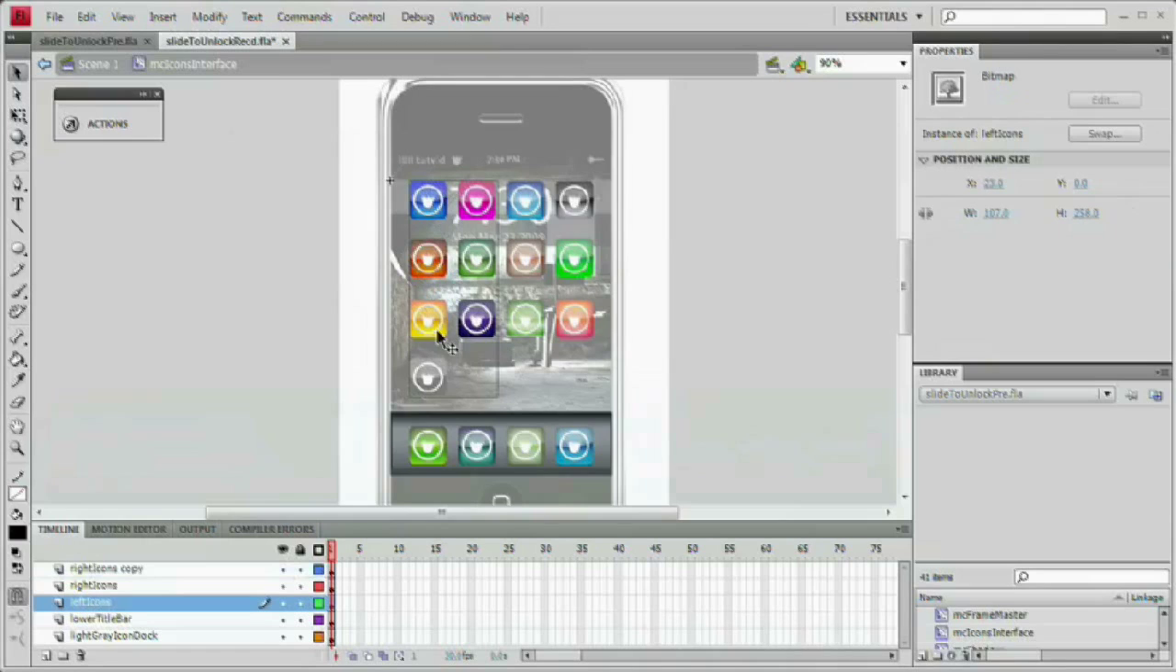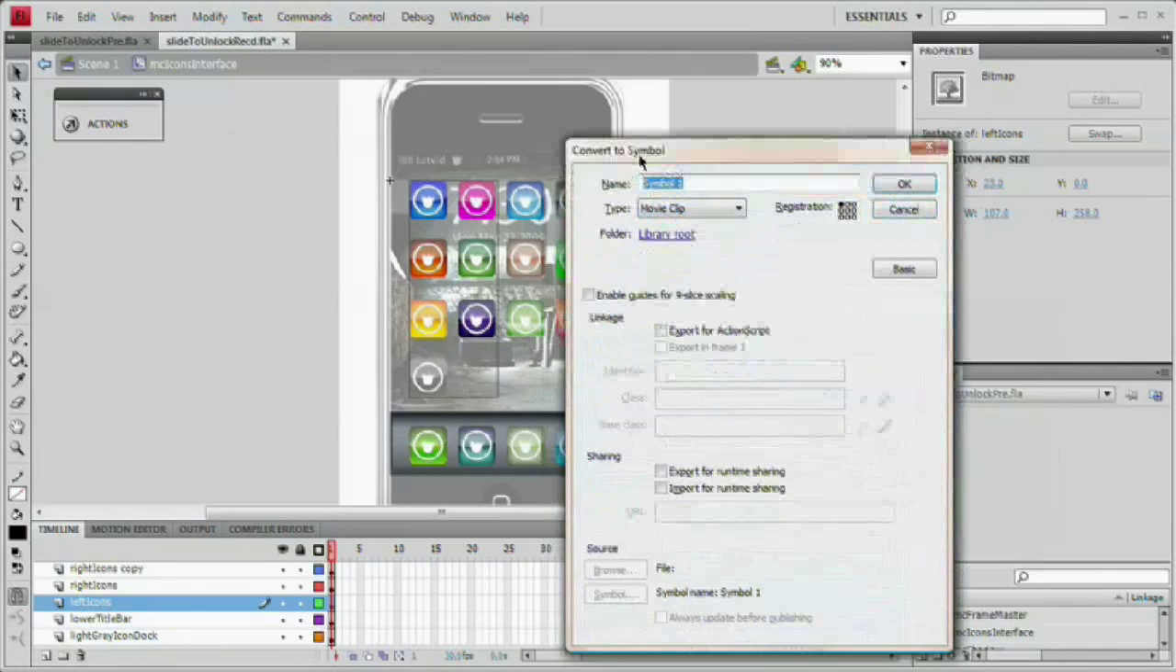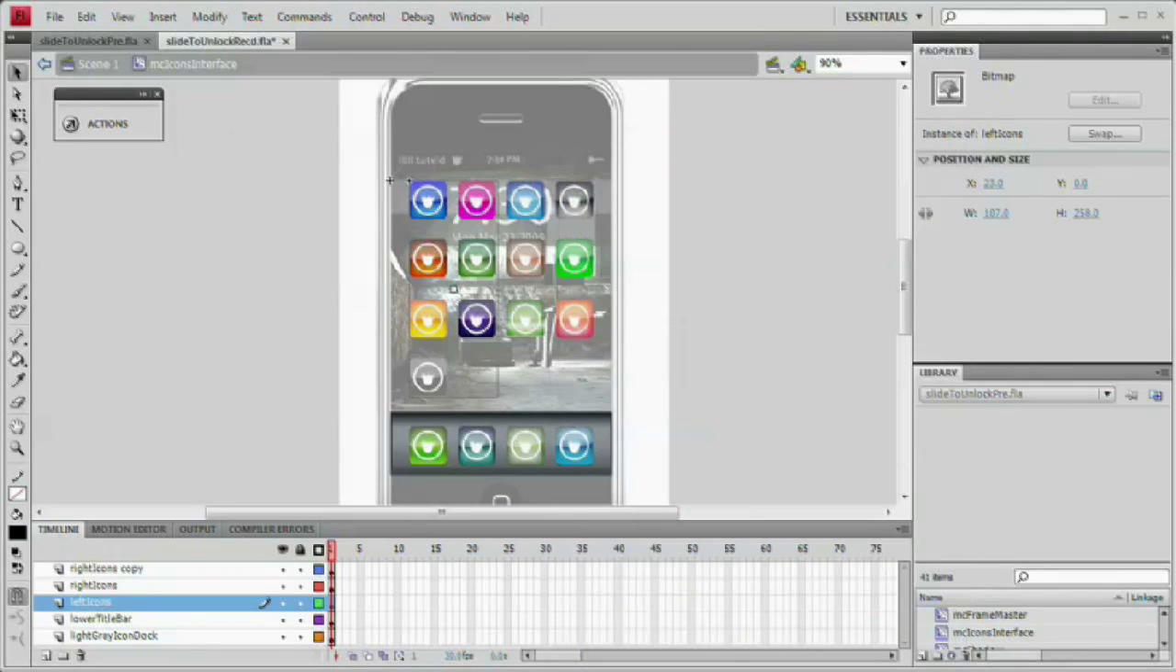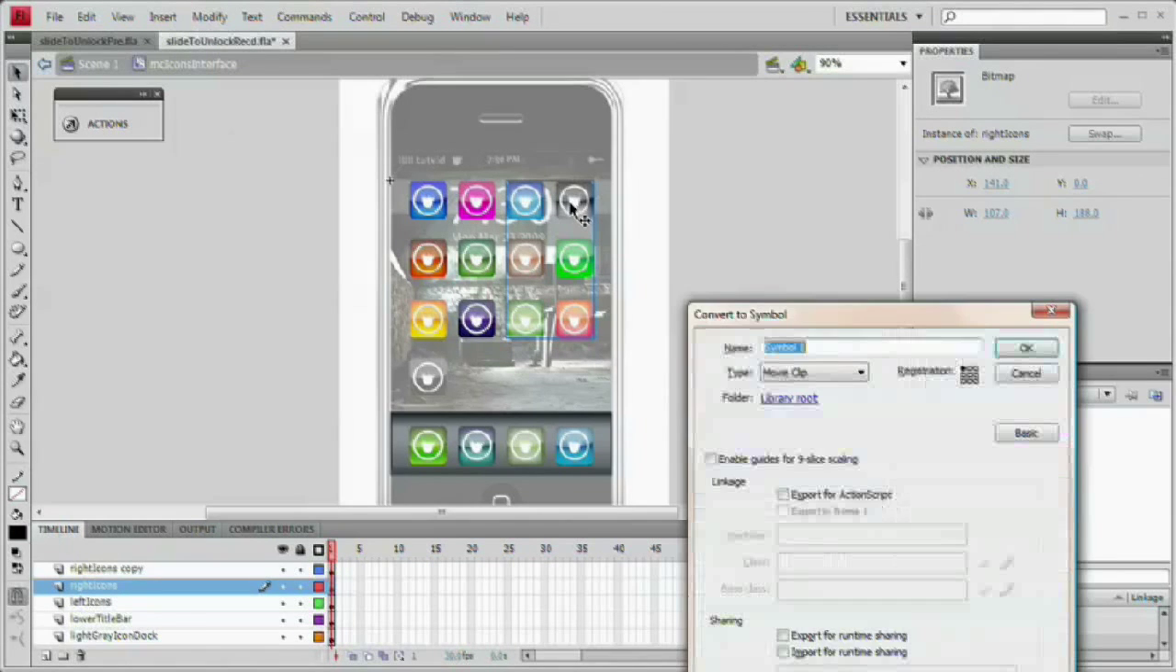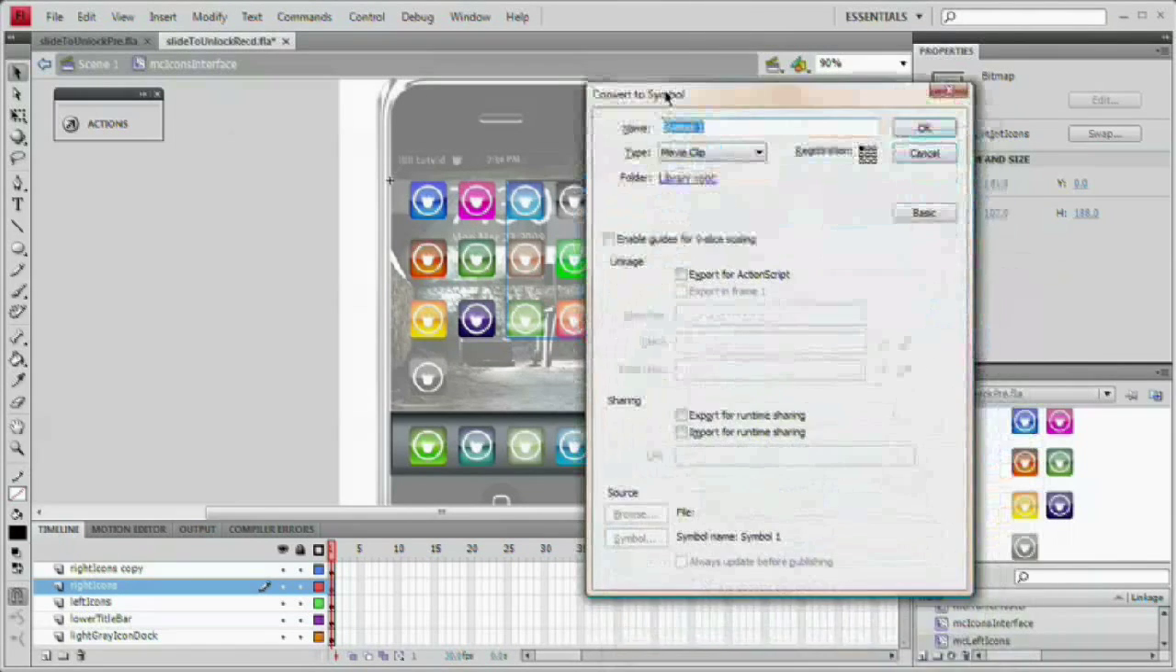I'm going to select the icons to the left, let's not worry about proper grammar for a moment, MC, left icons, and I'm going to select the right hand icons, and try not to delete them like that, hit F8 to convert them to a symbol, MC, right icons,